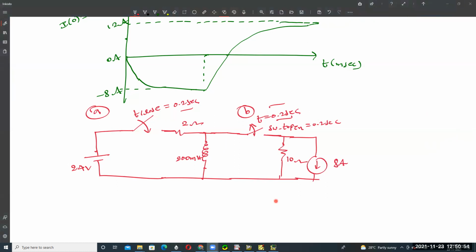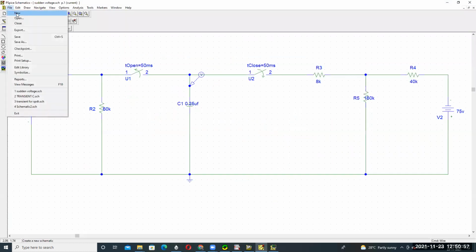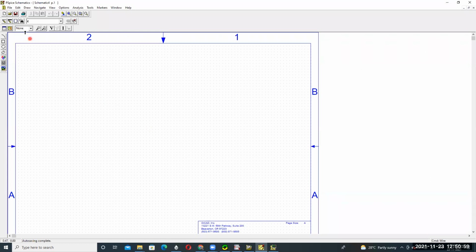Then open PSpice here, and then new, and then take VDC, and then switch close. Place here, and a resistor, one more resistor that is called ohm resistor here, and then next inductor, and then switch open, connect here, and a resistor,